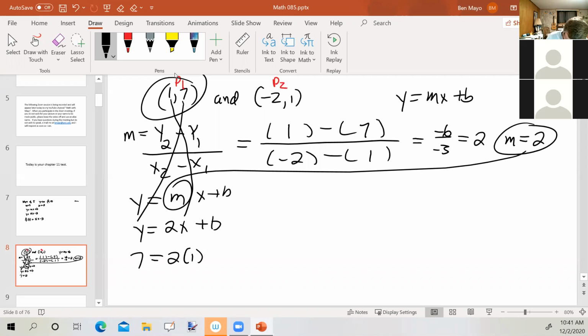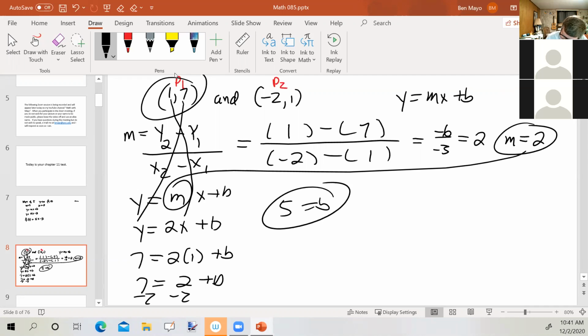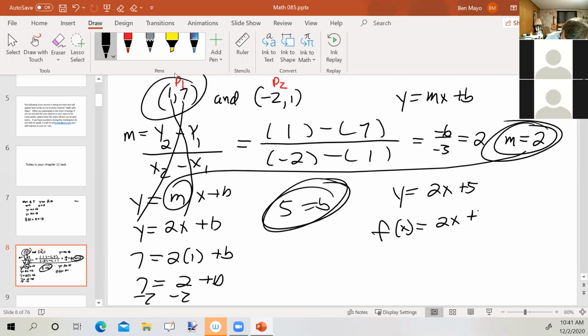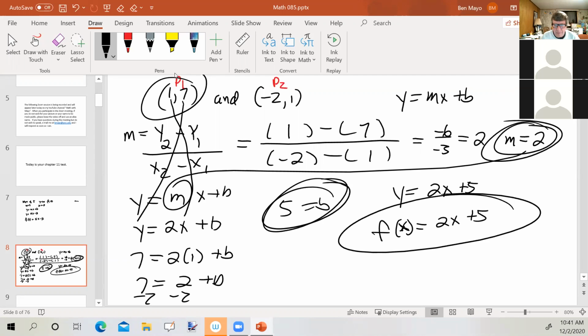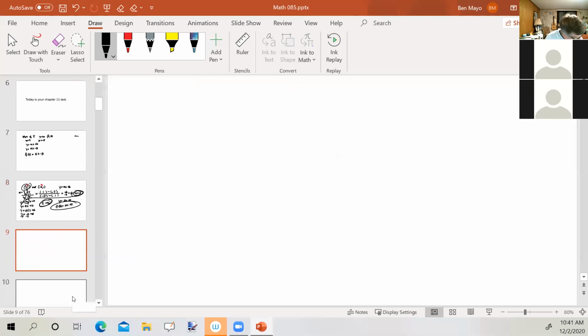So 7 = 2 times 1 + b. 7 = 2 + b. Subtract 2, 5 = b. So I've got the slope and the y-intercept. y = 2x + 5, or f(x) = 2x + 5. Any questions there? Okay. Let's see. Let's say we've got a graph that passes through the point (3, 0), and it's parallel to